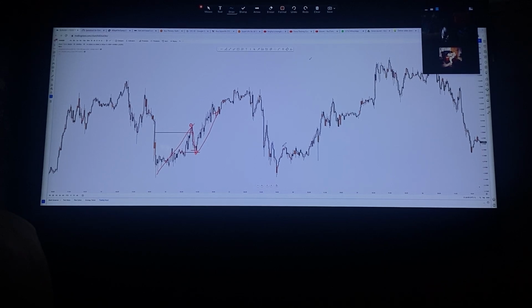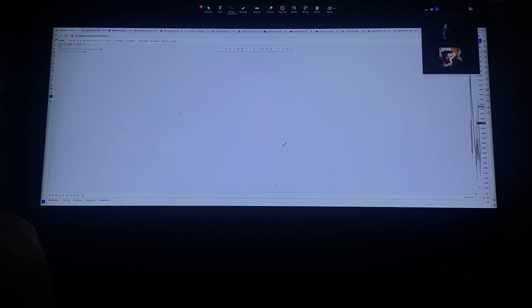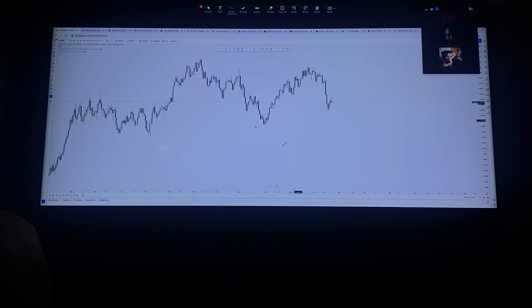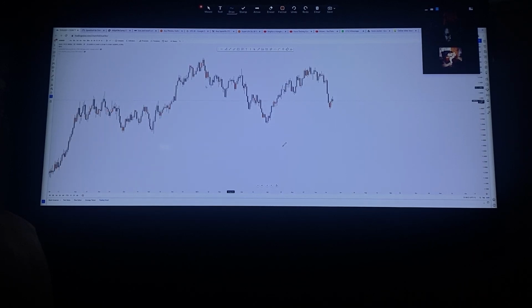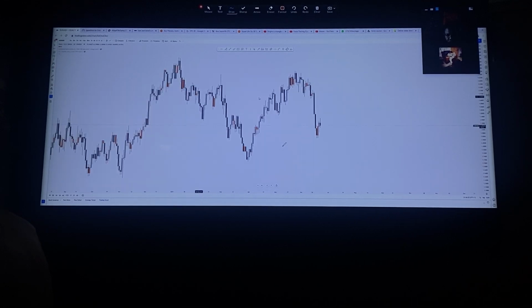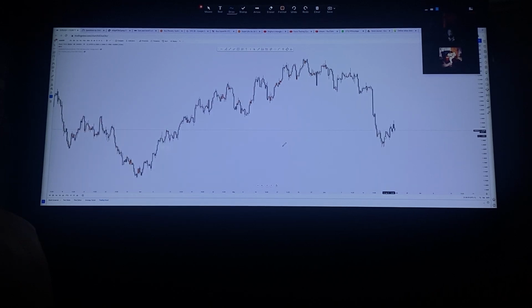Okay. So that's the market for you. Let me go to a much higher time frame. Let's see what it looks like on daily time frame. Now, this is the daily time frame. For example, here, daily right here. See, daily is not giving you those details as you want it. Let's look at 4 hour. Okay, cool. Now look at this 4 hour time frame.